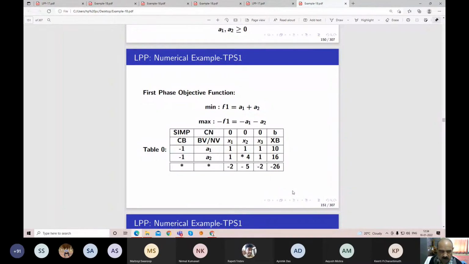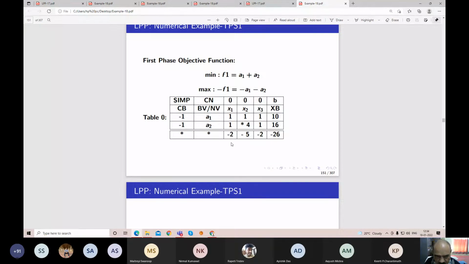Now, here itself, some conclusion we would like to draw. Among the 3 elements -2, -5, -2, forget about -26. What is there in the corner is the value of the objective function. We need not worry about that; it has a purpose, so we will consider it in our decision. There are 3 elements, and all 3 are negative: -2, -5, -2. What is the most negative element? Most negative is